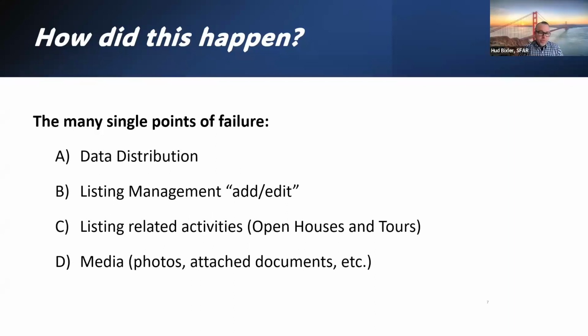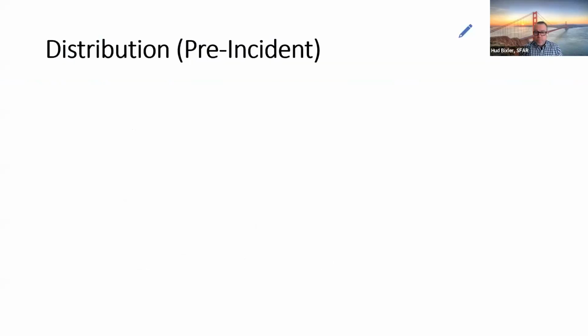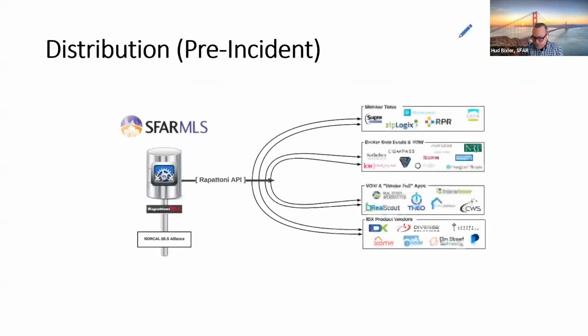And what's important is, we're going to show you a couple of graphics in a minute to illustrate what we have and what's coming. But if you think about data distribution, what that really means is that all of your listings are inputted into one system currently and distributed out of that same system. So it's an obvious point of failure that we're looking at adjusting. We've already made some actual adjustments here. So if we're looking at this